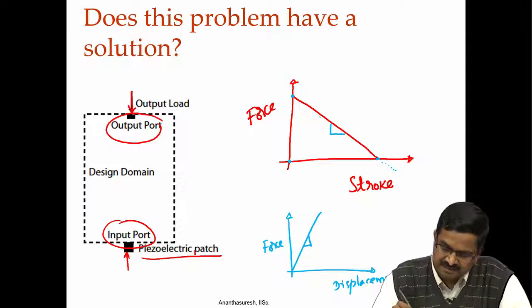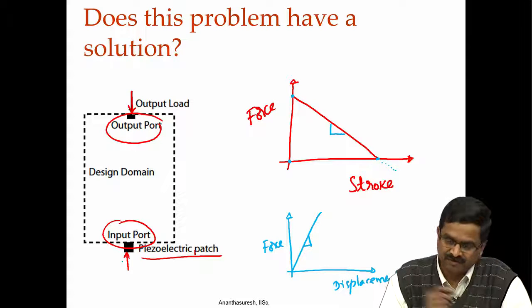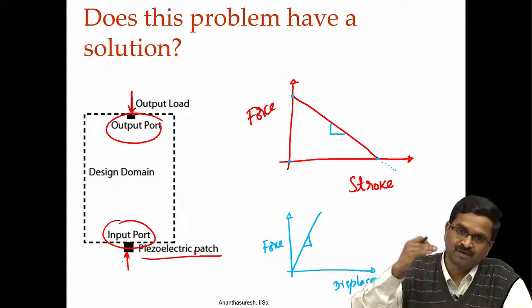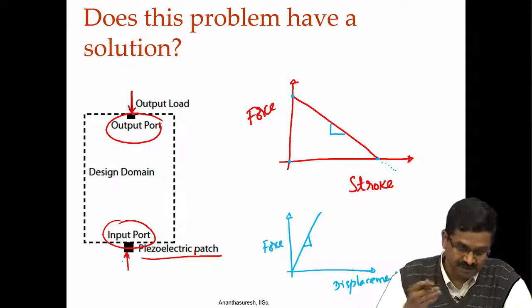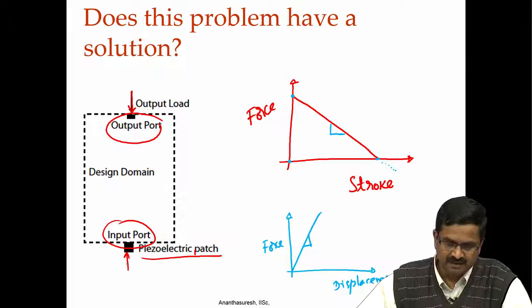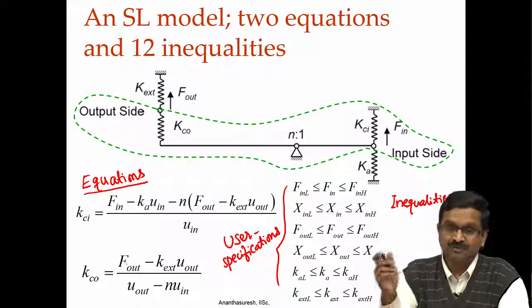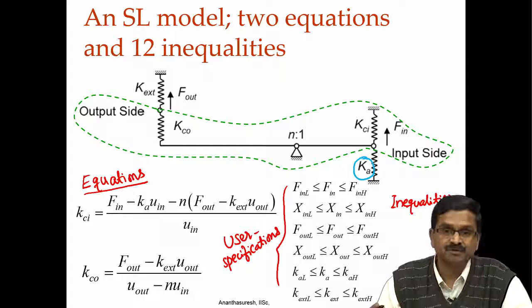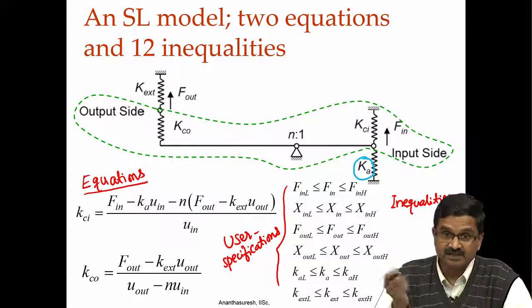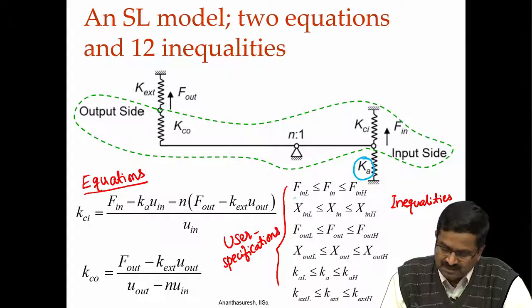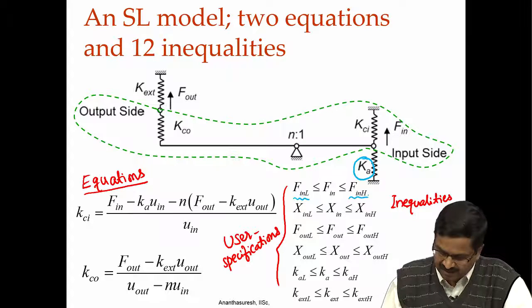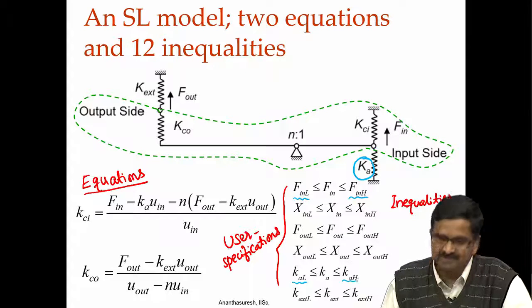The force is decreasing as the stroke is increasing, which means that there is actually a spring in the actuator. If I take a piezoelectric patch, that patch or the material or a stack has to deform. In deforming, the material is being deformed, so there is a spring. So, there is an actuator spring. That is why in the model that we show that connects to our SL model, we show Ka, that is the actuator stiffness. So, when a user has an actuator in mind, the user would know the lower limit of the force and the higher limit of the force, and likewise there will be an actuator stiffness,